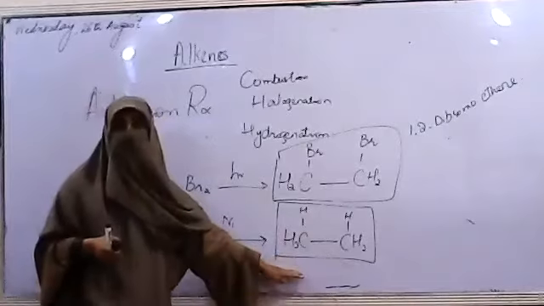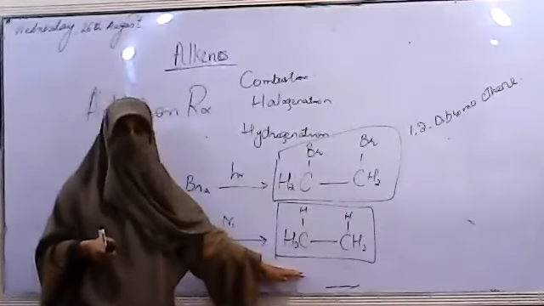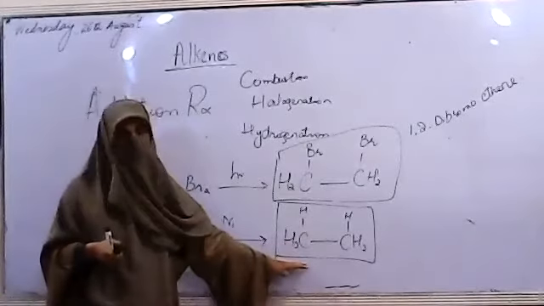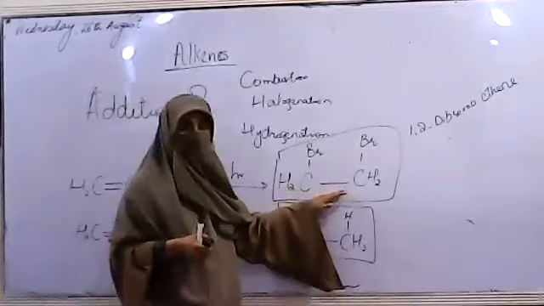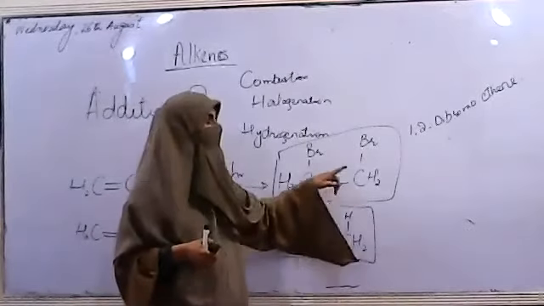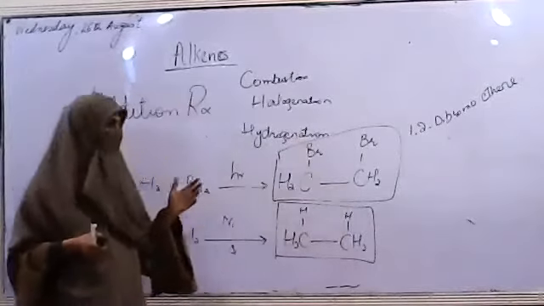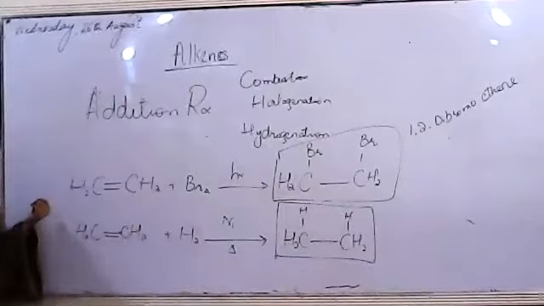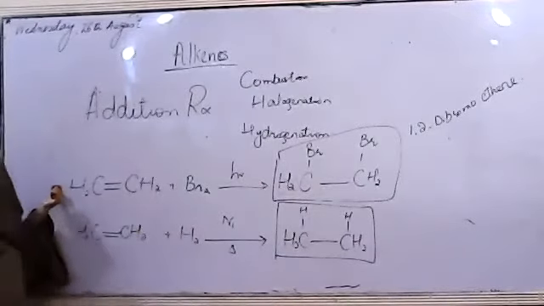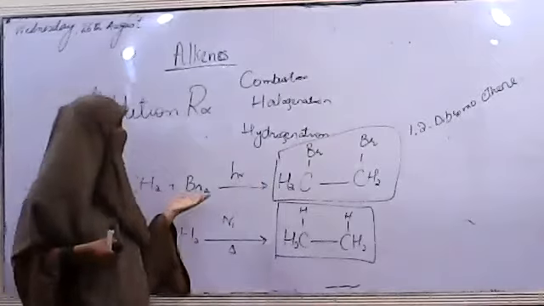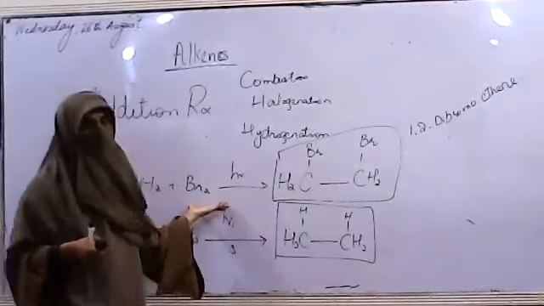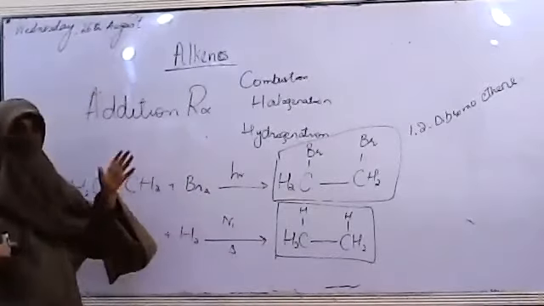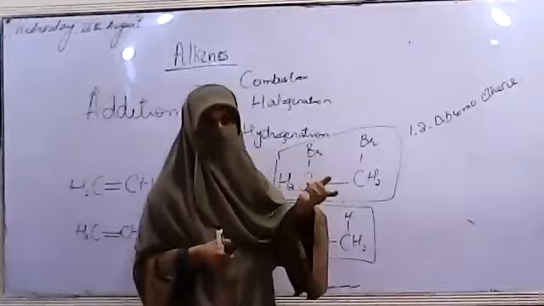So there, the name ethane is used as the name of the product. But in this case, we are not using ethane, we are using 1,2-dibromoethene, because it was formed by taking the addition starting compound as ethene. If we started from ethane and used the halogenation process, so you asked me, ma'am, why we are not using the word ethane?